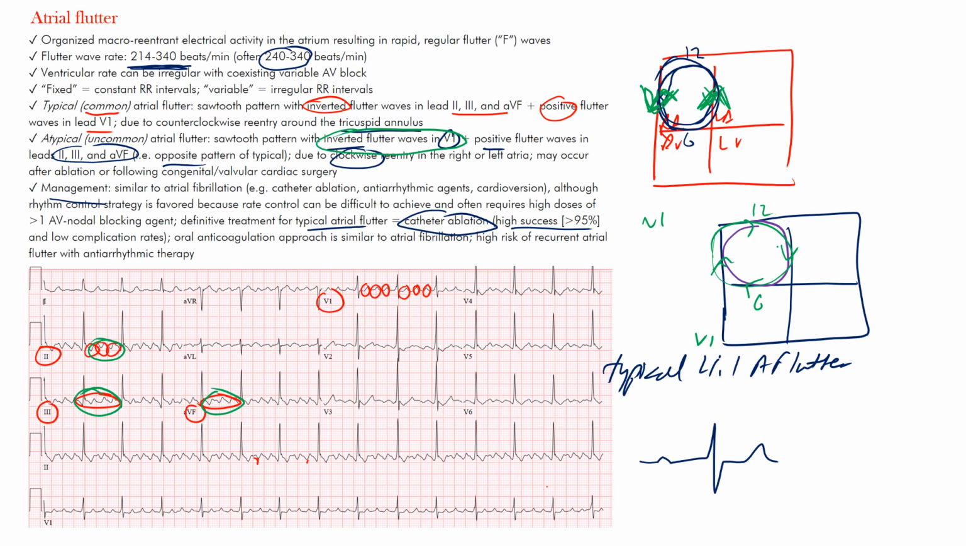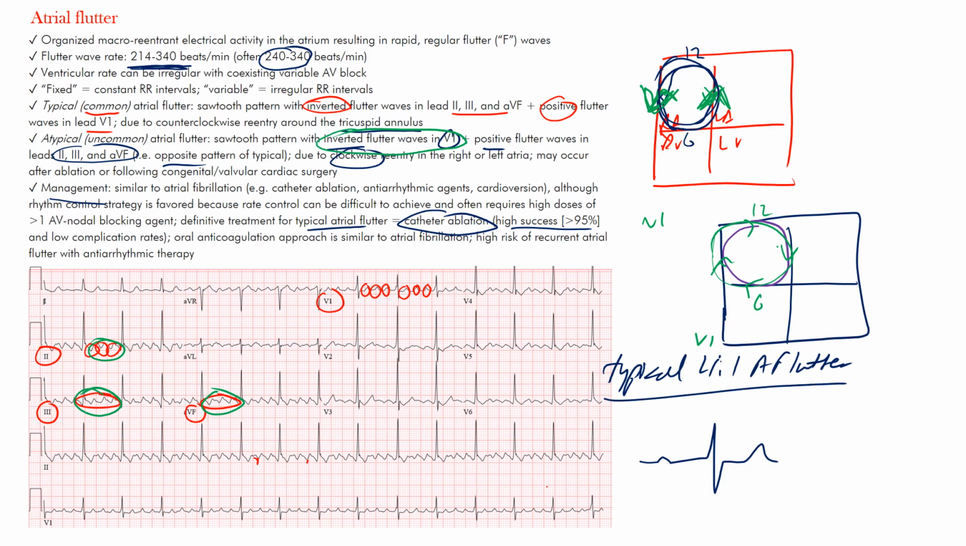Is that flutter rate. The ventricular rate we said could be regular or irregular. Obviously, in this case, it was regular, and often in this case, maybe between about 75 and 100 beats per minute. We said this one is an example of our typical or common atrial flutter that we saw here, and it's